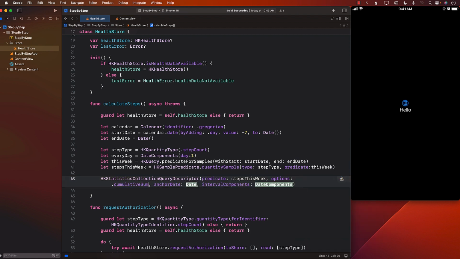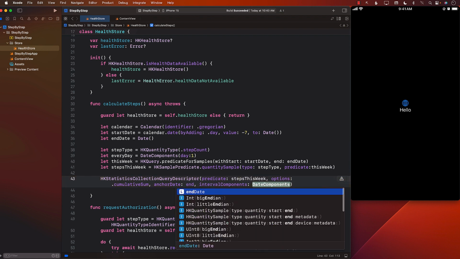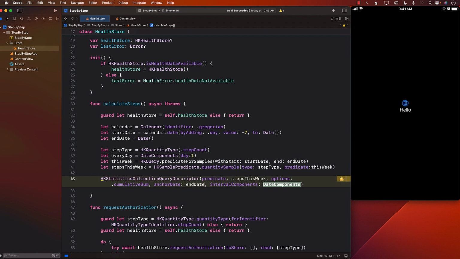We want cumulative sum, which means that we want all the steps to be added together. And the anchor date will be the end date. Anchor date simply means the end date, which in this case is today's date, that will serve as the anchor. I mean, you will just go till over there. All right. Interval. An interval component, we will over here specify every single day because we do want the steps for every single day. And this is going to create our sum